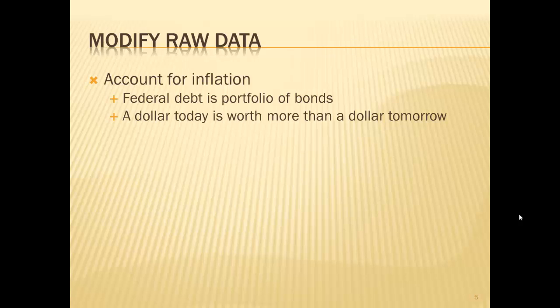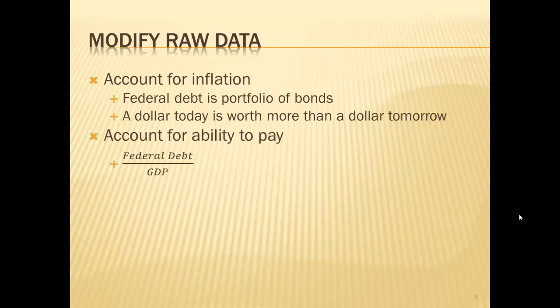And the other thing that's interesting, the other set of data that we'll collect and modify is something that's going to account for the government's ability to pay off this debt. And the idea is we're going to calculate a ratio of the federal debt to the gross domestic product, the GDP. The idea is fairly simple. If you think of a bank, accepting an application for a mortgage, they're going to create a similar ratio. They're going to create a ratio of the mortgage over your gross income. And if that ratio exceeds some number, like 2 or 2.5, that means that there's a good chance you're a default risk, and they're likely to reject your